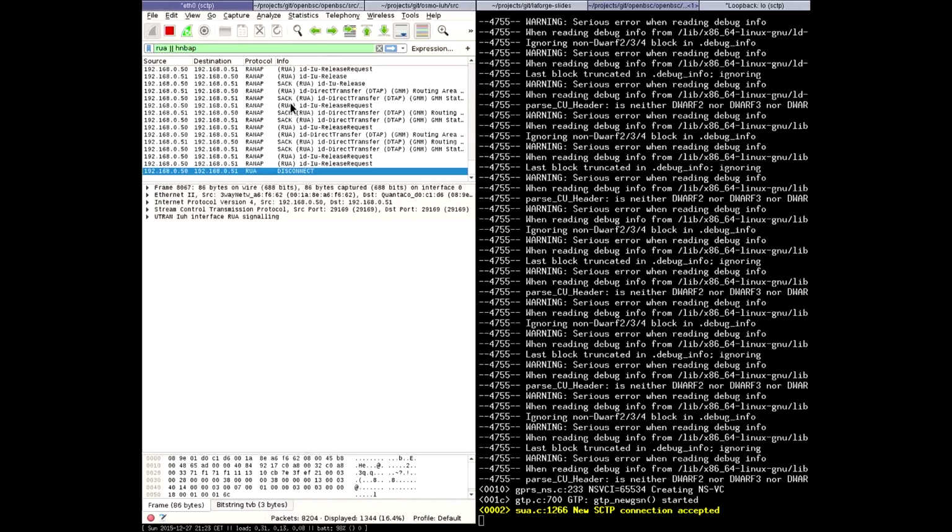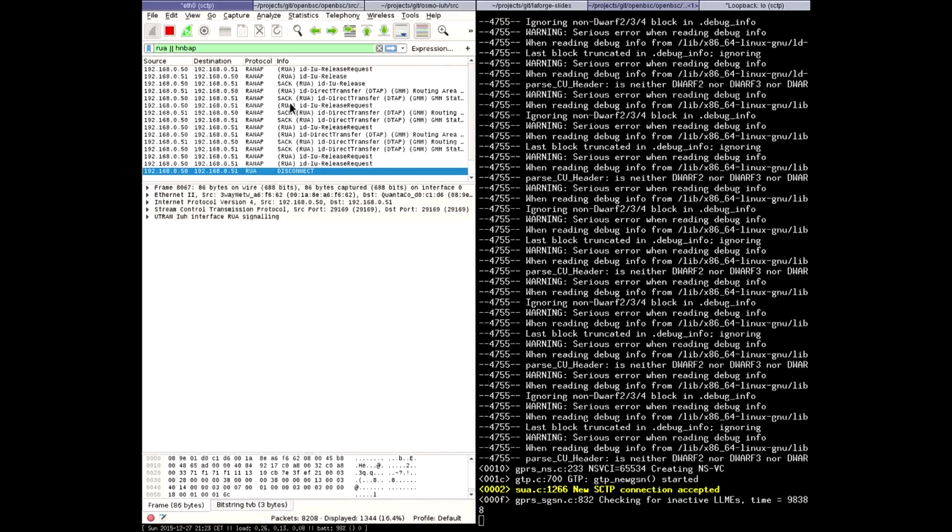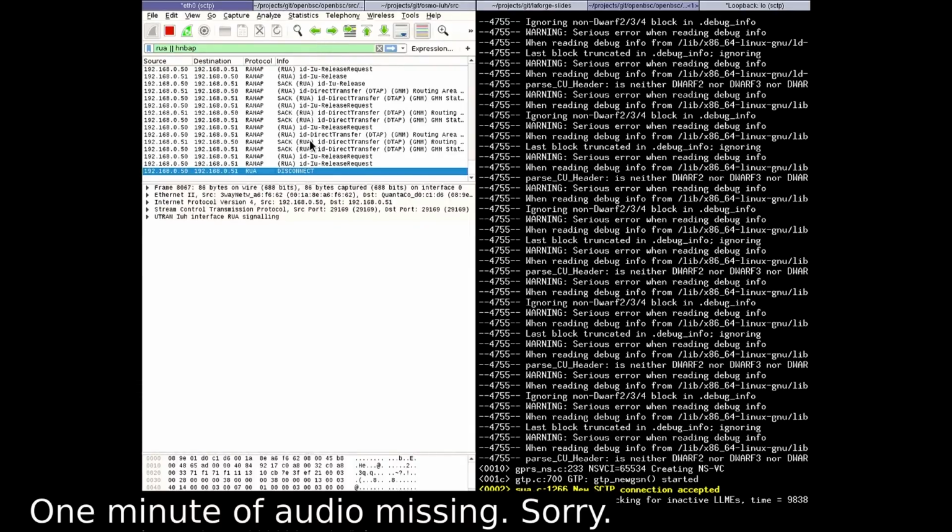We should see a couple of reset requests. Basically, the node B here is trying to reconnect all the time to its home node B gateway. Of course, there's some backoff included, and given that it was not connected for the past 40 minutes or so, it will take some time to reconnect to the SGSN, and then I can have the phone that I have here registered.